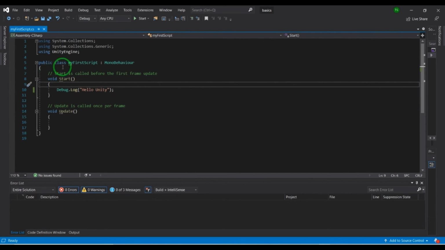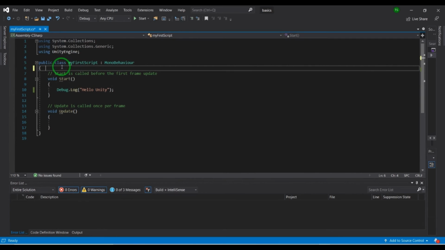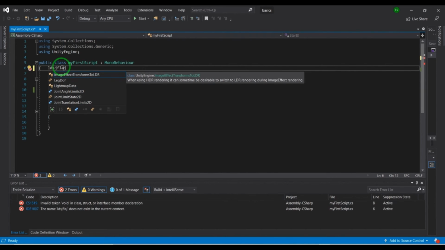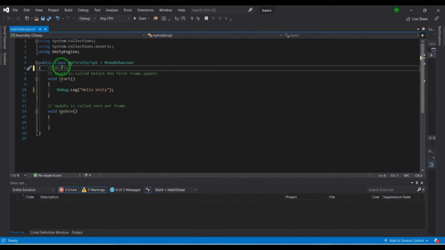You can write anything like this, and when you write two slashes, it will be ignored by the system. If the code is getting very lengthy and you want notes for your reference, you can use comments. In the comment you can see it's written: Start is called before the first frame update, and in Update it's written: Update is called once per frame.